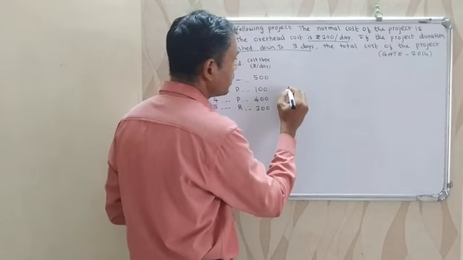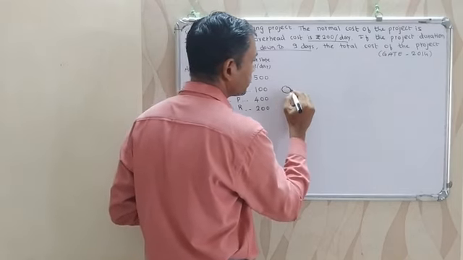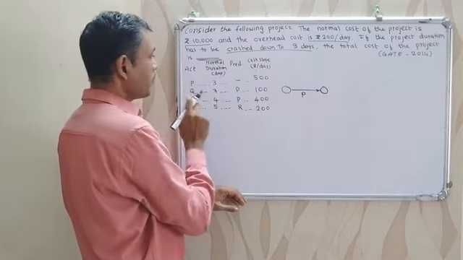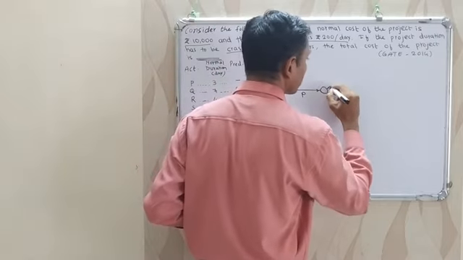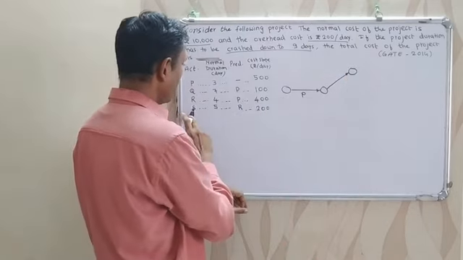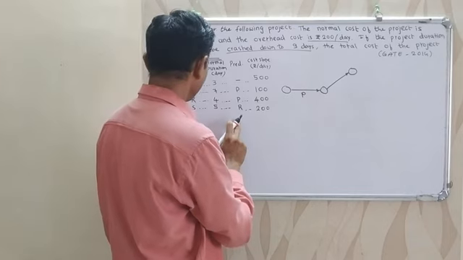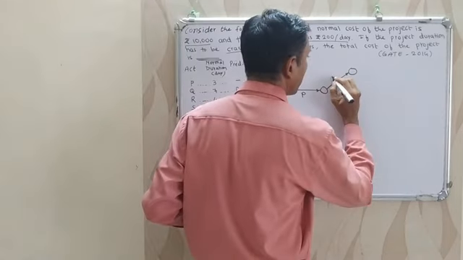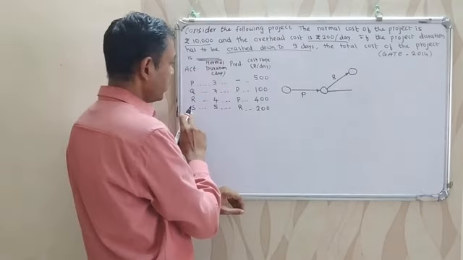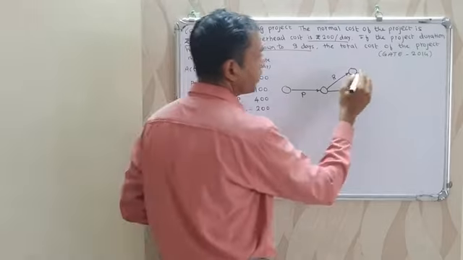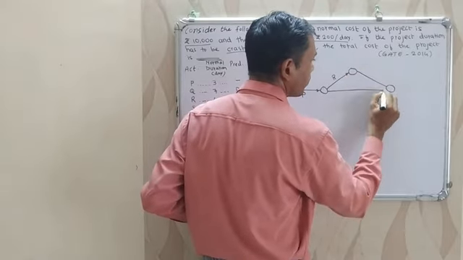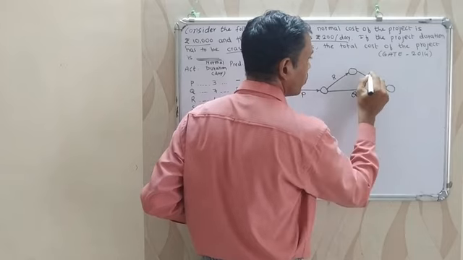P has no predecessor. So let it be P, and Q and R from the P. Let it be Q and S is from R. Okay. So let's draw here R. Here it will be Q and S is from R. So Q is not terminating anywhere. So it is terminating in the last event. So activity Q and S.